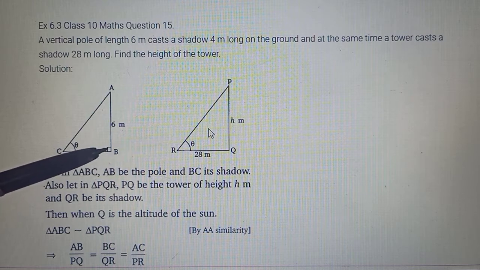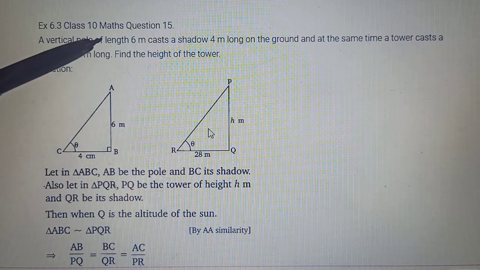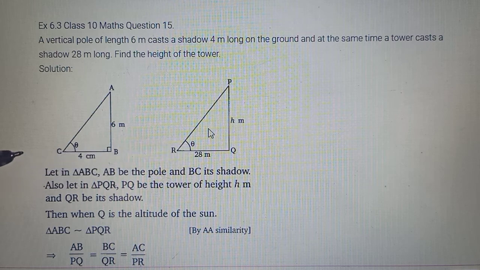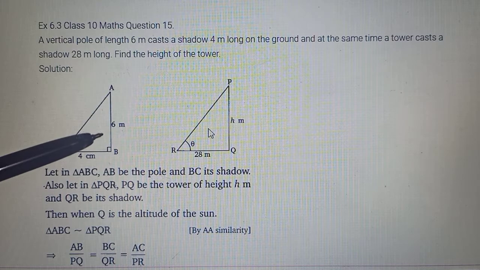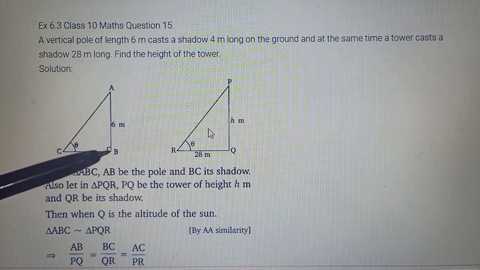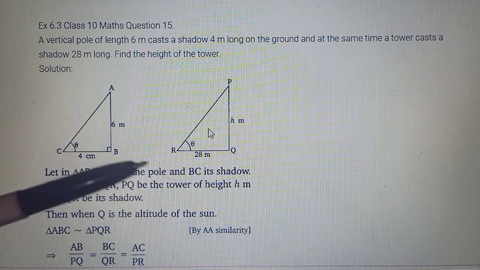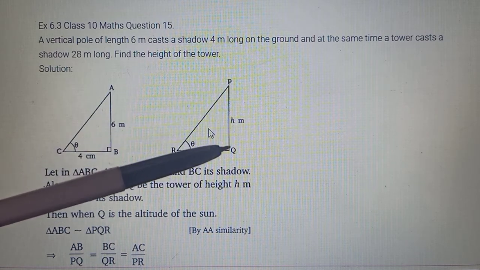Okay, and also this angle between the vertical and the horizontal is always a right angle. So any figure, be it a pole, be it a building, will be vertical, and the shadow will be on the ground, meaning horizontal, so this angle is 90. So we are having two similar triangles by AA criteria. Okay, 90 each and theta also the same, the elevation of the sun. So you will make two figures, one showing the vertical pole and its shadow given to you as 4. In the other one, we did not know the height.